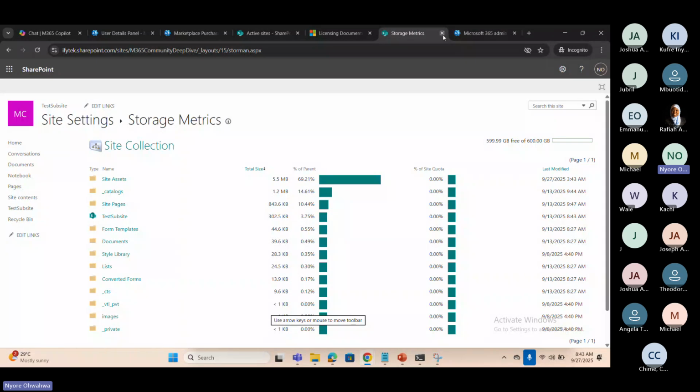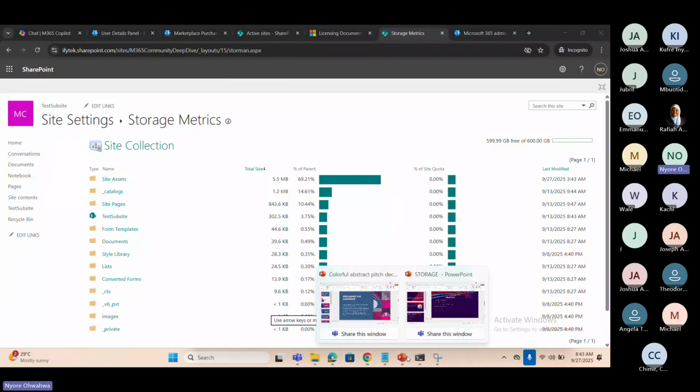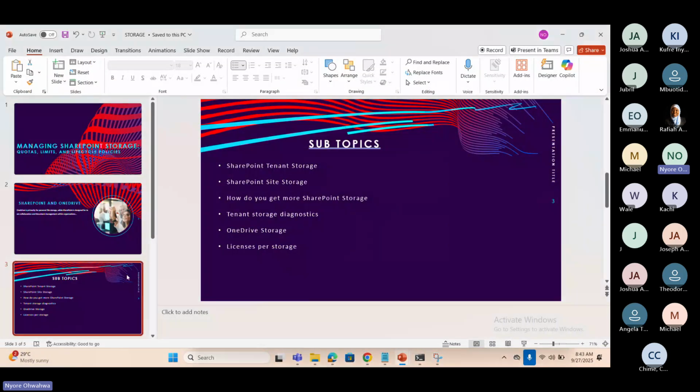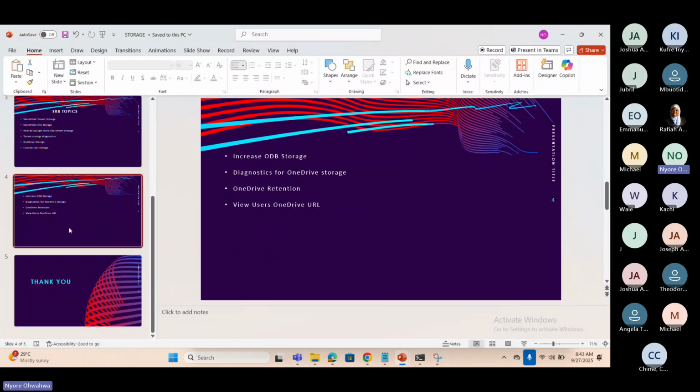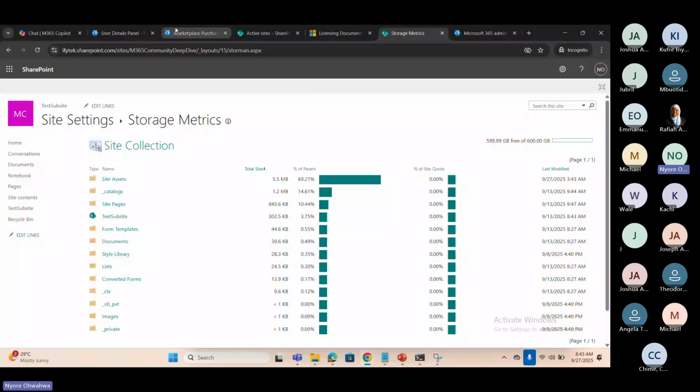So I will move ahead to go into a site and explain the different kinds of storage, or what to look out for in site storage. Okay, so I still have to, before we go into SharePoint storage,